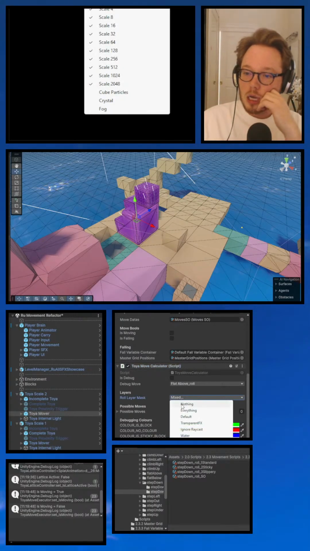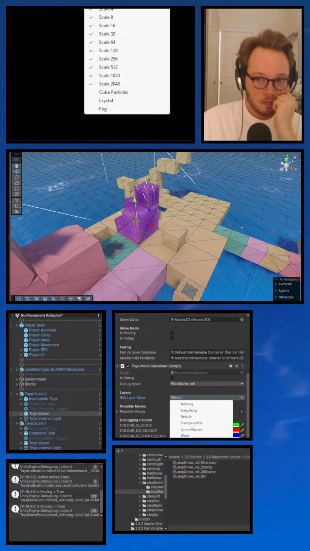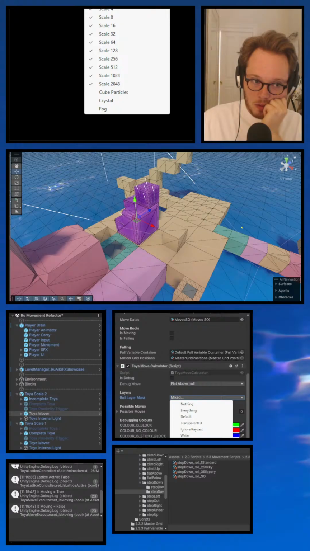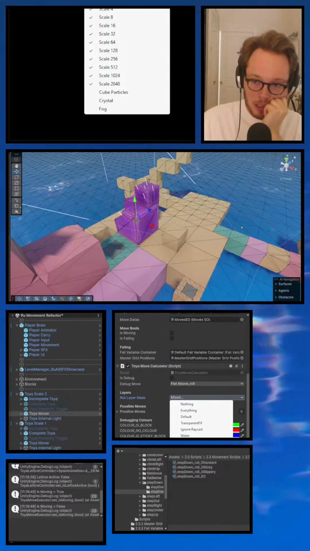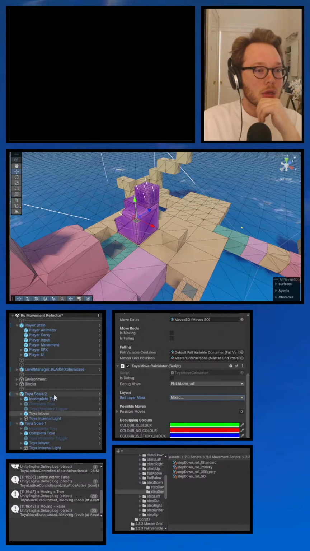Yeah, so the roll layer mask is where we should be looking, because we want to ignore things of a smaller scale. And should that be part of the rolling up process, or should this be built in to their scale? That would be a much easier solution. Let's do it that way.